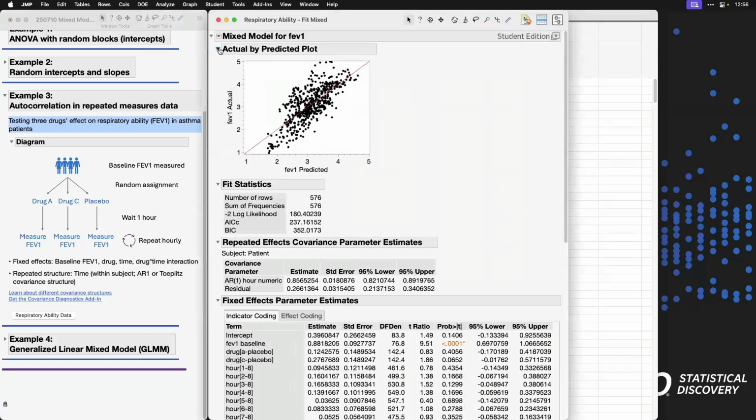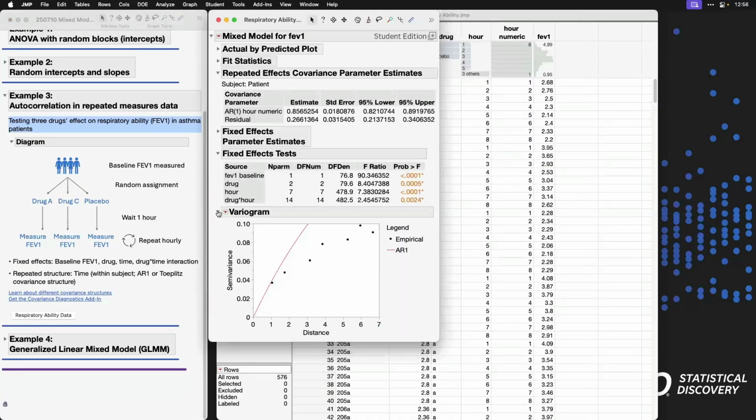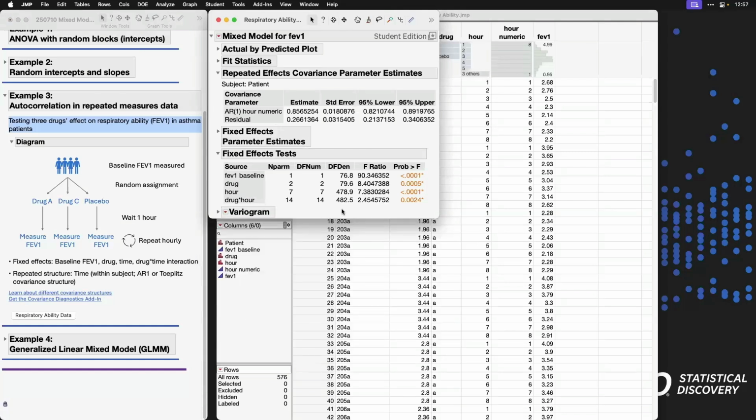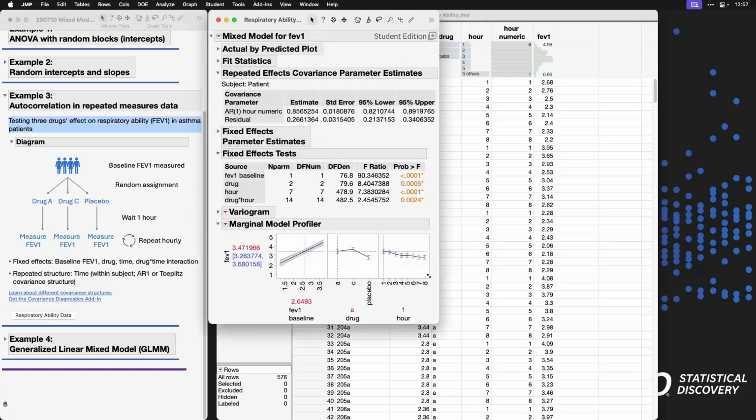So I'll click run, and now we have the final model out. Because we've walked through a number of these examples already, I'm not going to spend a ton of time interpreting these. But you can see, for example, we have a statistically significant drug by hour interaction. So if we were to pull up the profiler, we'll go to marginal model inference and get that profiler, we can see